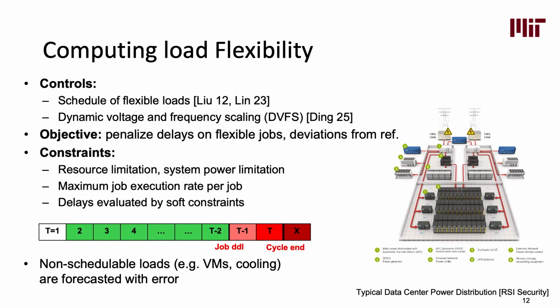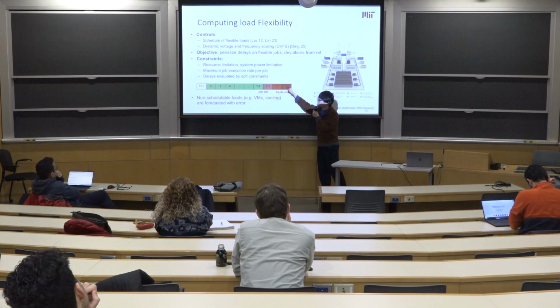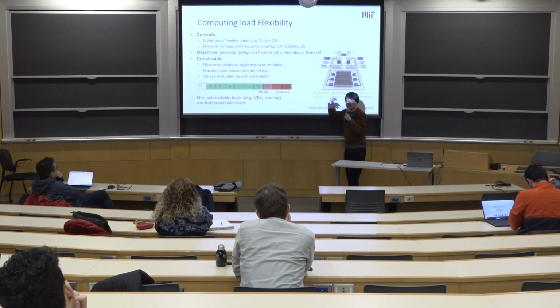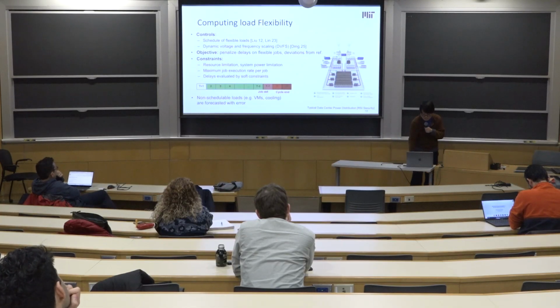Specifically for the computing load side, since we already discussed quite a lot about it, we have a very good understanding of data center loads, so we can safely formulate a model to optimize the operations. The general idea is to penalize delays on the flexible jobs, because we always have a deadline for each type of job. If we pass the deadlines, we penalize that, and if the planning cycle ends and the job is still not finished, we impose an even higher penalty.